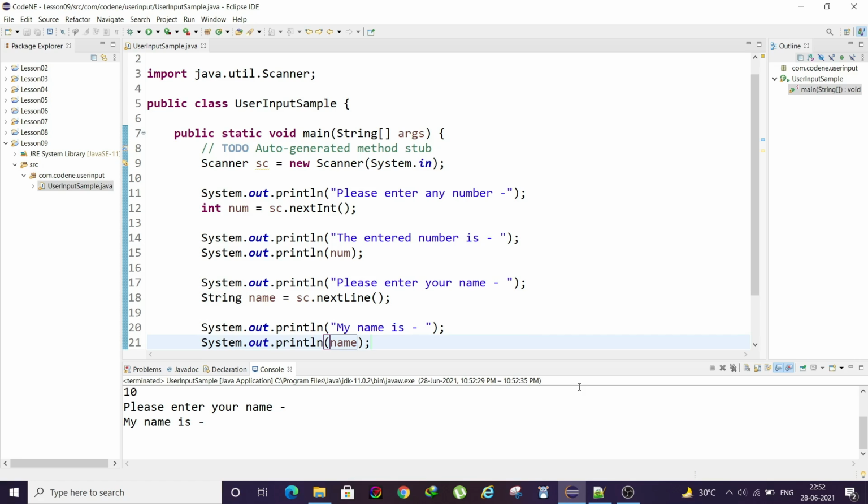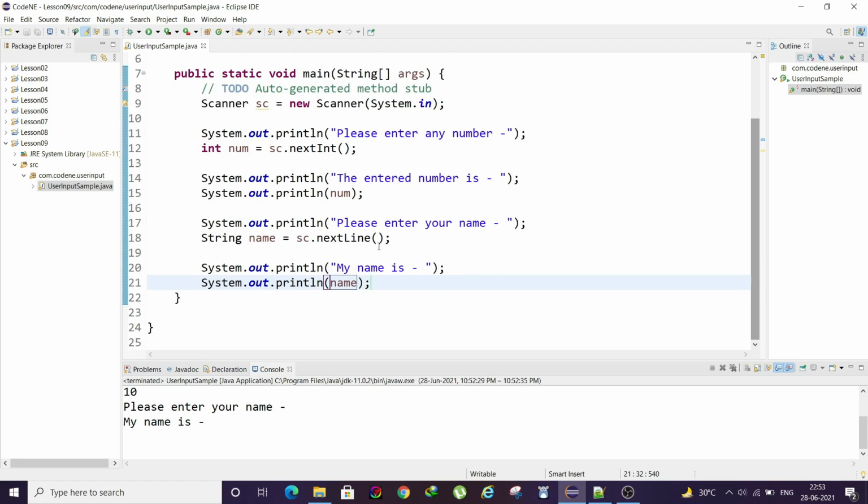Okay, here you may have noticed that when I clicked enter, it simply ran the next line of code also. The expectation was that after "please enter your name", it would have stopped and taken the input from the user, and only then printed whatever the user gave as input. But here, when I entered the number and clicked enter, it simply moved on to the other line. That is because